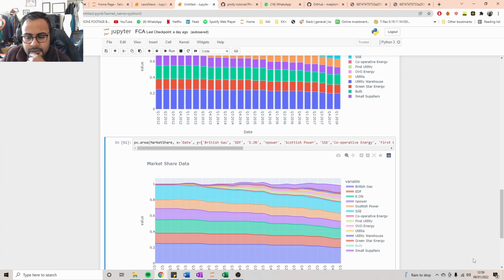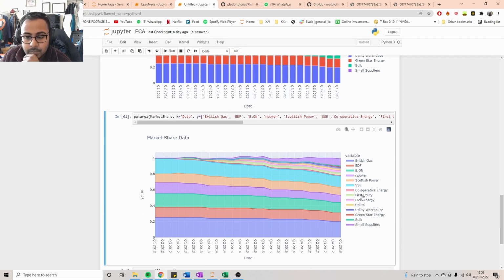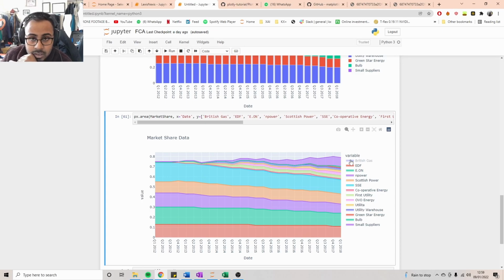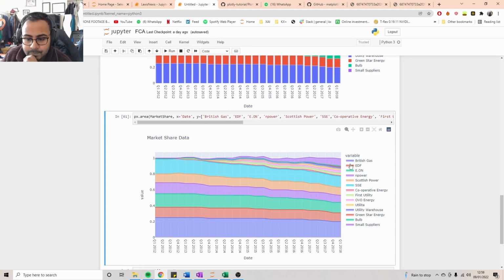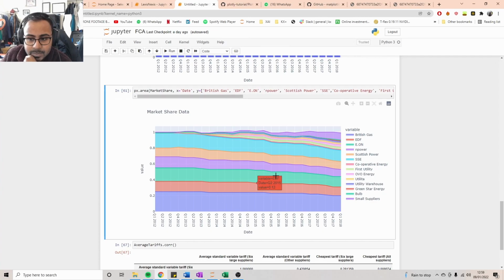We can clearly see. Okay. So it's nice using Plotly because you can decide what to select. So let's say I decide not to see British Gas, I can remove it completely. But visually this is a bit more understandable because we can clearly remove whatever we don't want, and we can clearly see that British Gas is a steep decline, and we can see all this decline happening between all these